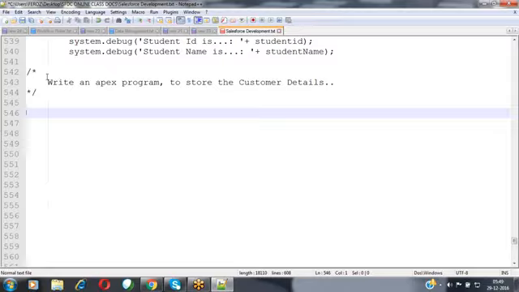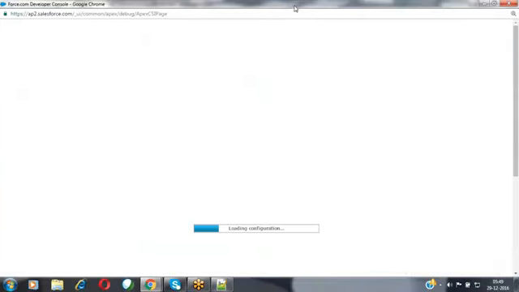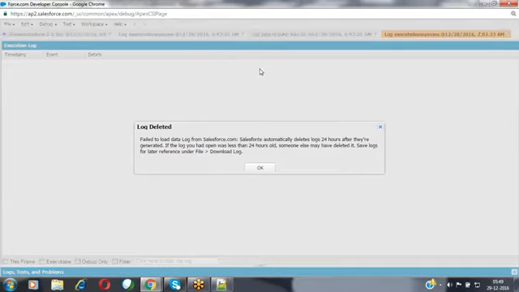For that, I'm going to define different types of variables. Let's go to the execute anonymous window. I'm using the developer console, and inside it I'm using the execute anonymous window.